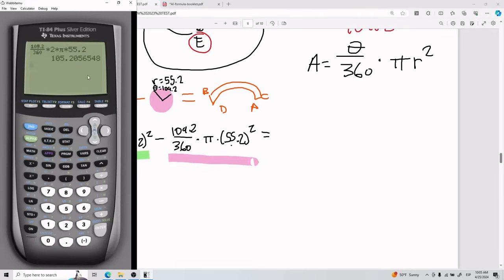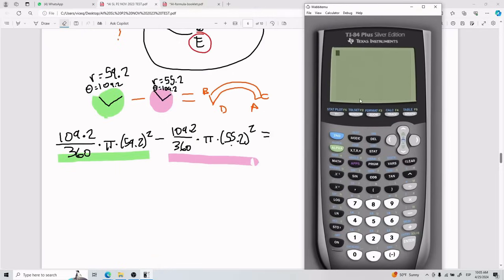well, look at me spend some time in my calculator. You can just be very careful with how you do this, right? So I suggest using a lot of parentheses here. So this first big parentheses is going to be the stuff in green. So I'm going to have 109.2 divided by 360 times pi times 59.2 squared. So I close this first big parentheses,